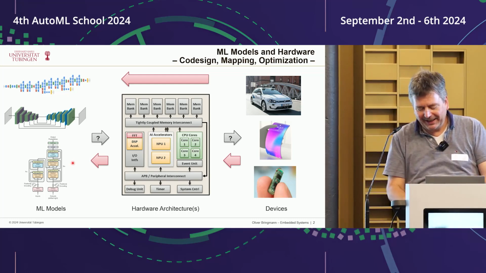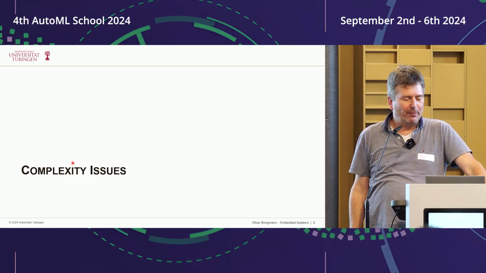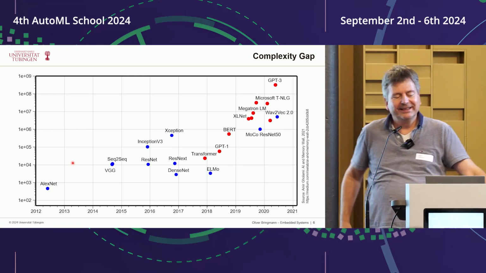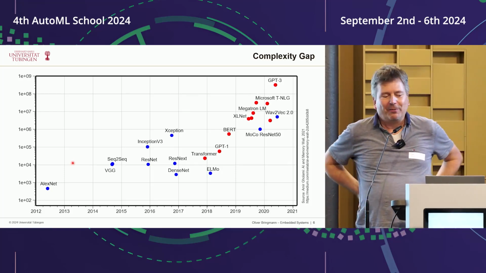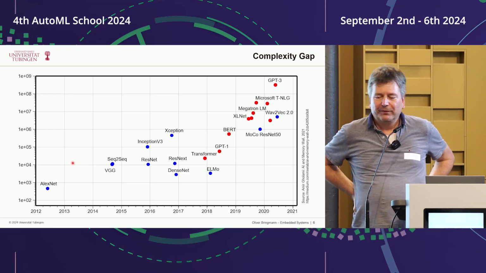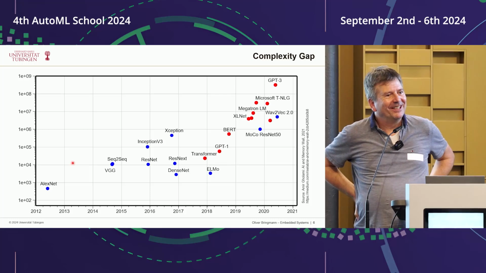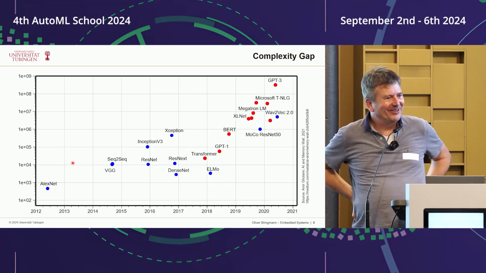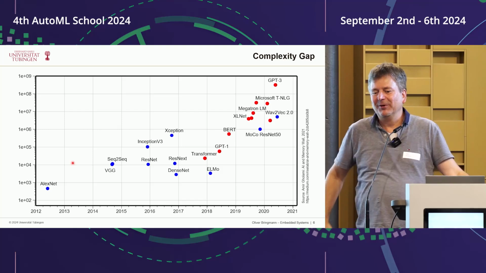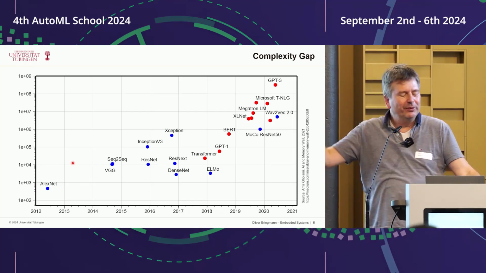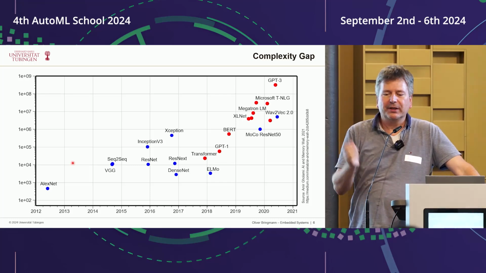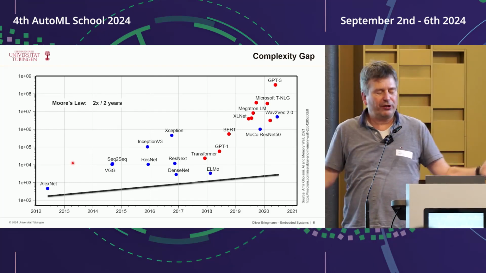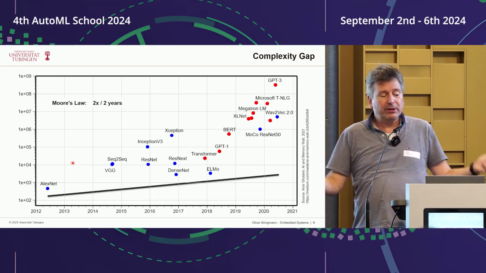Okay, before getting there, I would like to first discuss some complexity issues. Probably you already know that slide. We have the complexity drawn here, first in blue, what I learned yesterday is deep learning version 1.0, and in red 2.0. The classical deep learning CNN-based architectures are in blue, and the foundation models, large language models, in red. And for years, a lot of people talked about Moore's law. Moore's law tells you